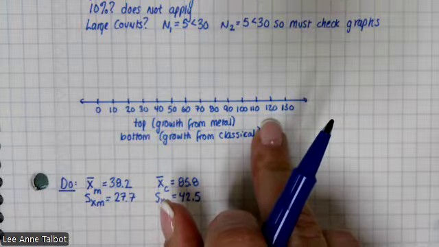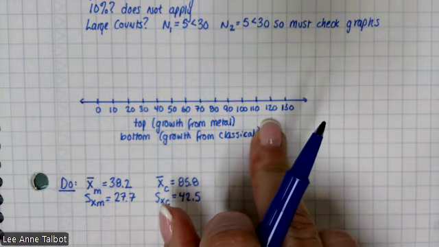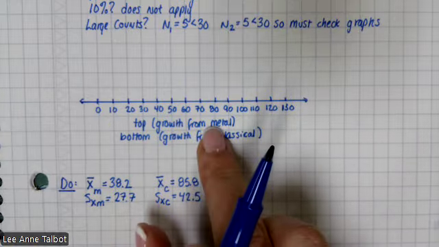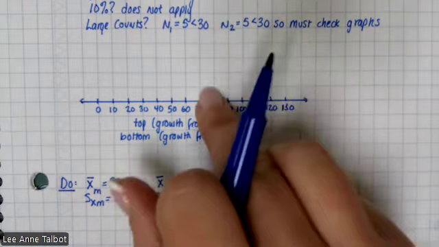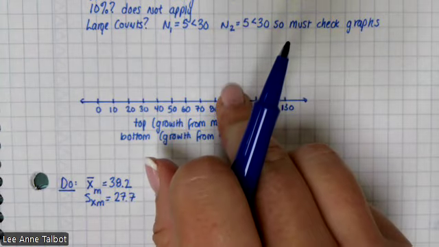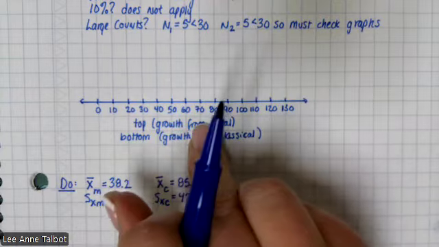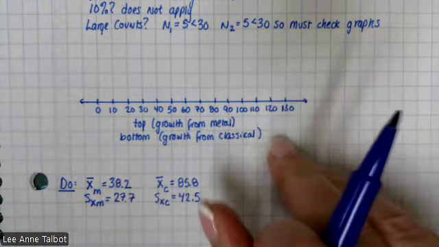What do you label it if it's one sample? You would just say growth, right? Or whatever, growth from whatever, metal. If it's 2 sample, you'd have to do 2 separate ones. And if it's a difference, you say differences. Do you guys know what I'm talking about? It's a mu D. Okay. Anyway,